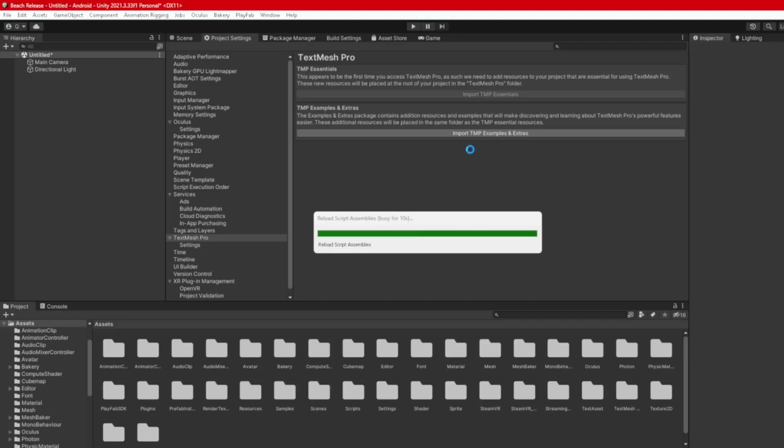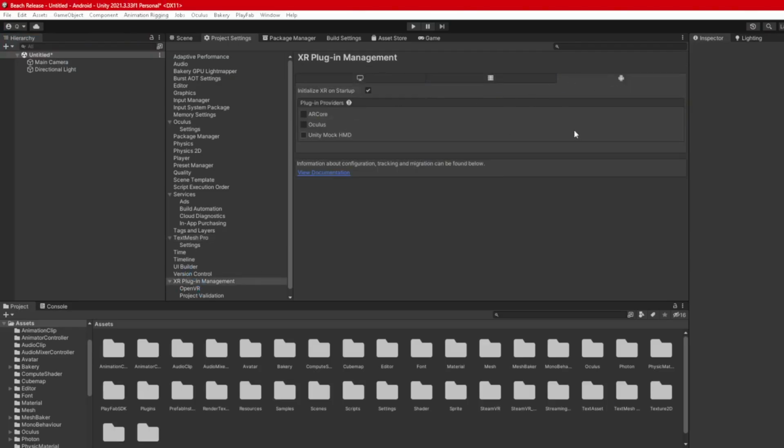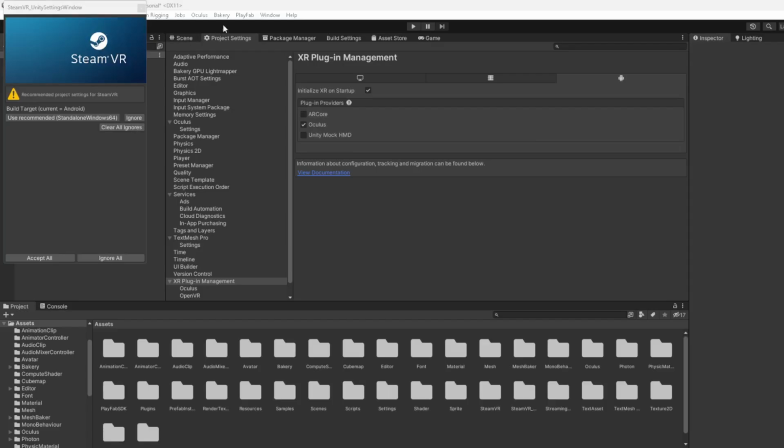So compile. Okay, and then go to XR plugin management right here. On the Android, you want to select Oculus. It's gonna compile. Okay, once it's done,